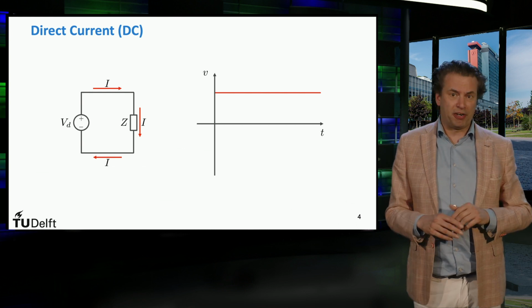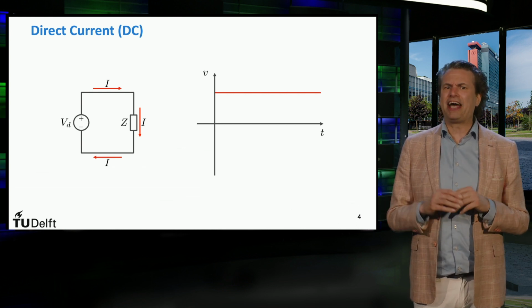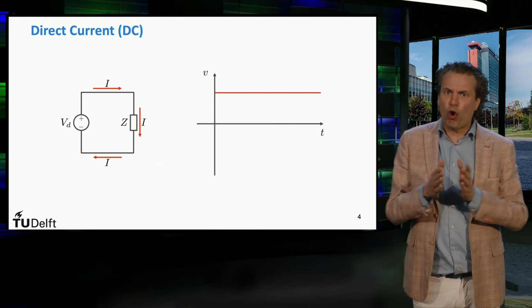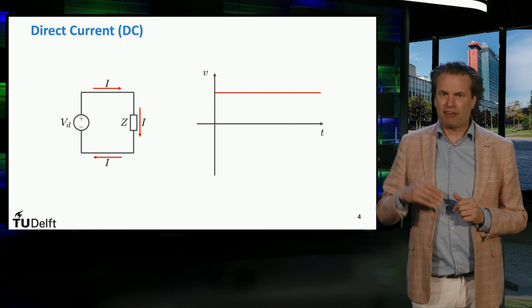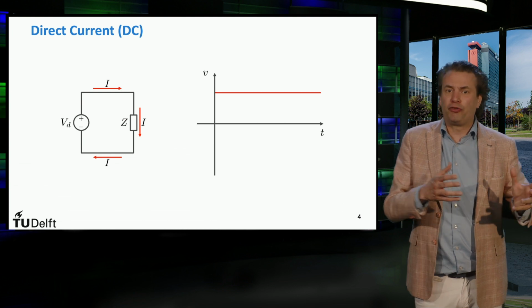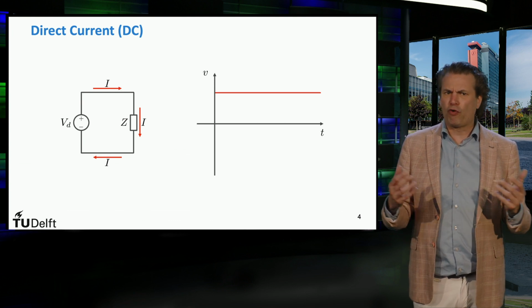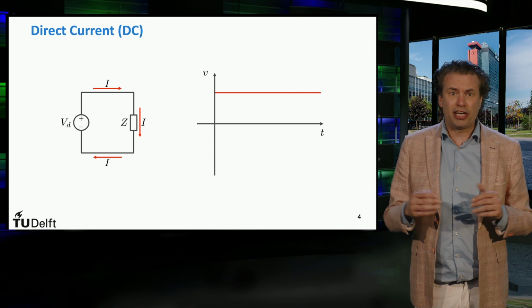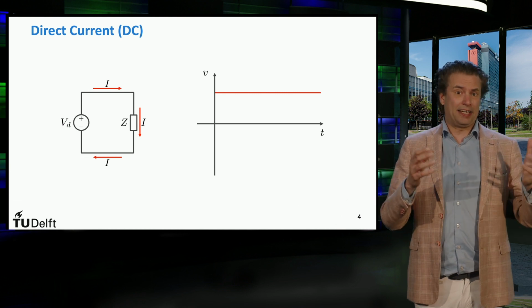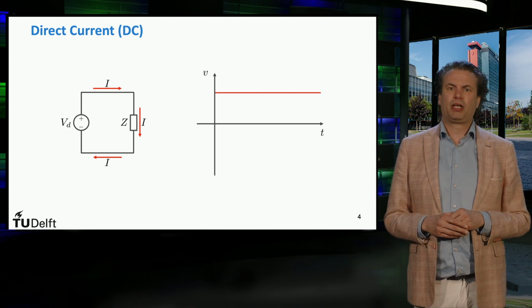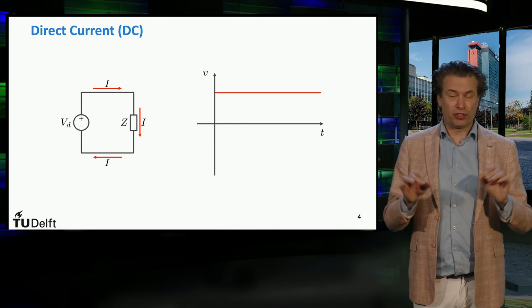Direct current, abbreviated as DC, can be defined as an electric current that flows only in one direction. Direct current may flow through a conductor such as a wire, but can also flow through semiconductors, insulators, or even through a vacuum as in electron beams or ion beams. The electric power is constant in time.